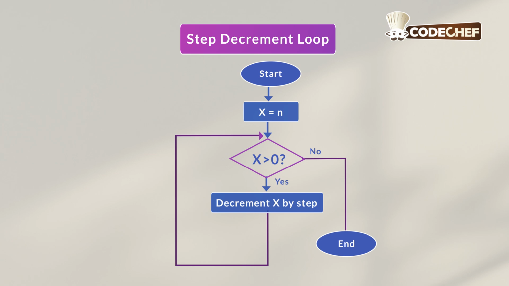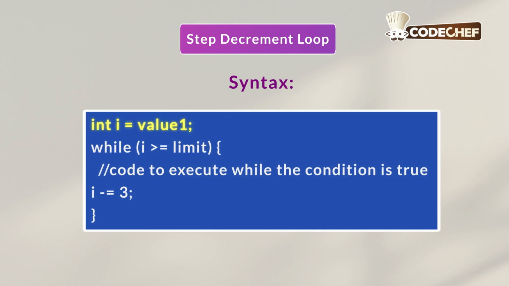Having a look at the syntax, int i = value1; So initially we assign any value to variable i, then while i >= lower limit. Then in case the condition is true, the code which is written inside the while loop will be executed, and then i -= 3;